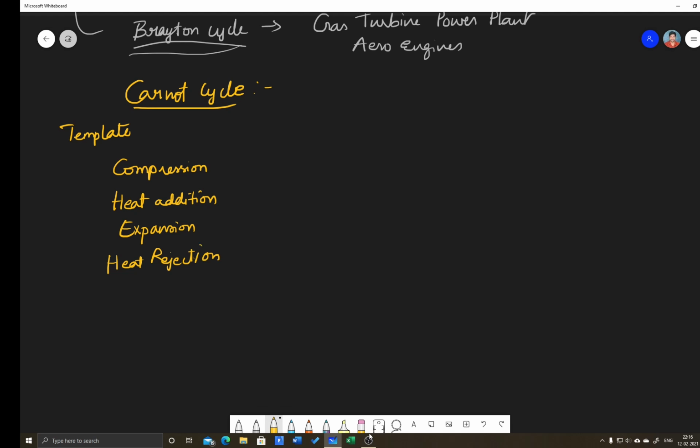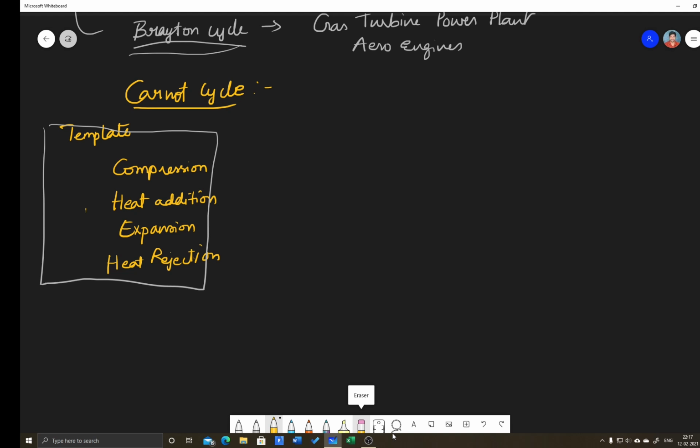Only the thing that changes is it can be isothermal compression or adiabatic compression. It can be constant pressure heat addition or constant volume heat addition. It can be constant pressure heat rejection or constant volume heat rejection. That is the only thing that changes between the different cycles, but these 4 parts are very common for all these cycles. So the Carnot cycle basically